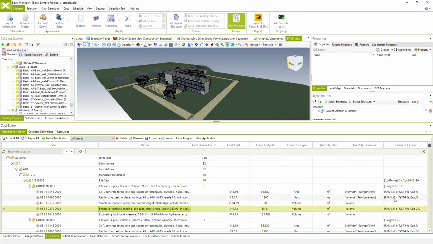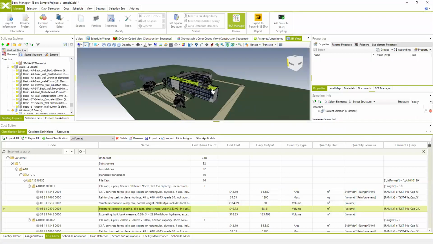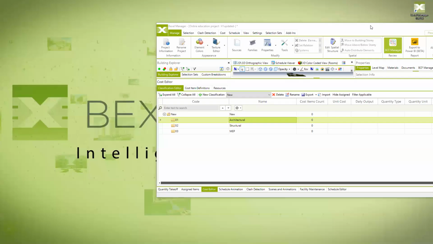And element query is the place where you're telling the BEXEL Manager system how to automatically group and assign specific BIM model elements coming from the project to this specific cost item. So this is the place where you can automatically join your cost items to respective BIM model elements. And this is how it works. I'm going to go back to this